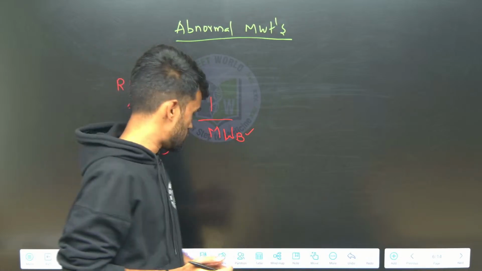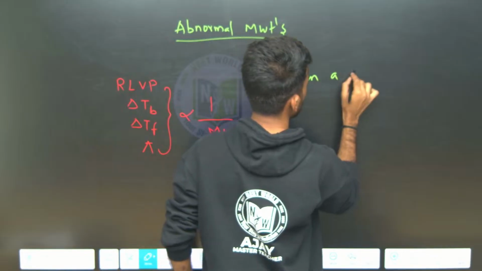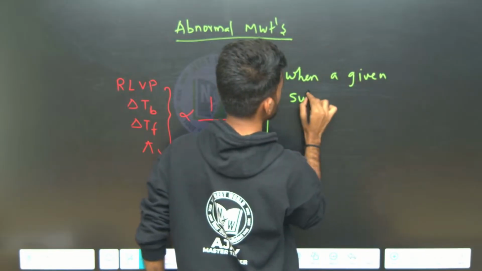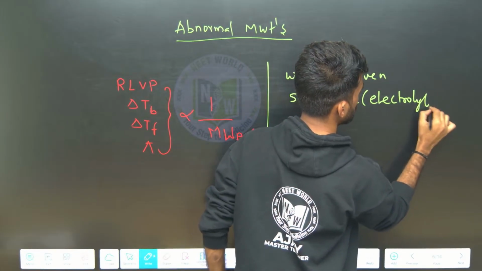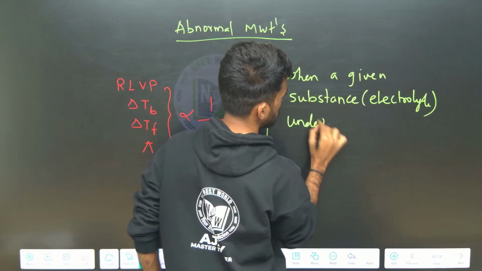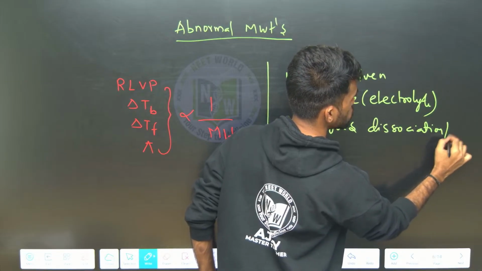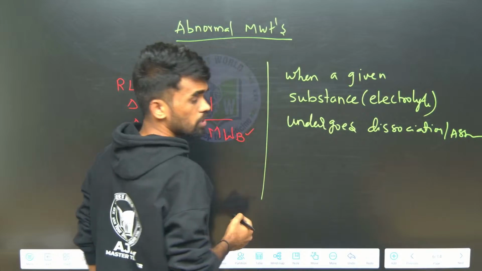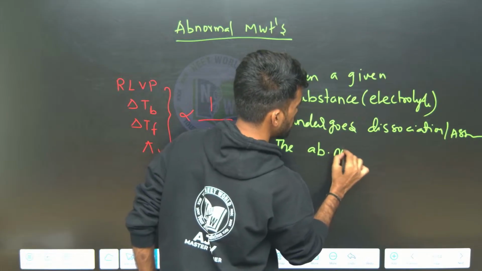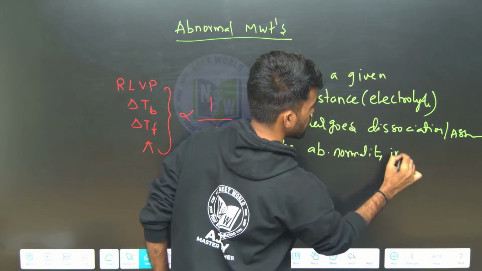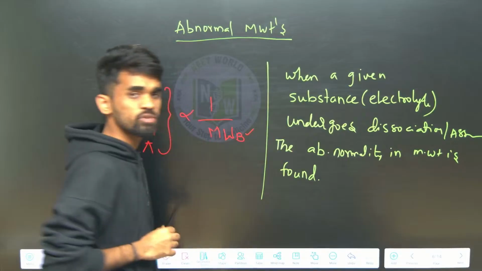When we see this abnormality, it means a given substance, especially an electrolyte, undergoes dissociation or association. Then the abnormality in molecular weight is found. So why is it found? Because